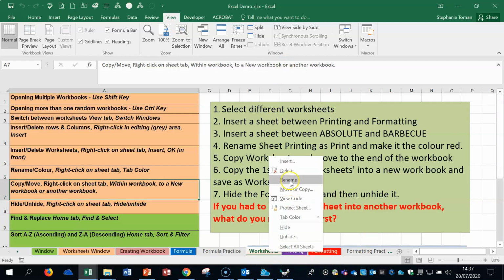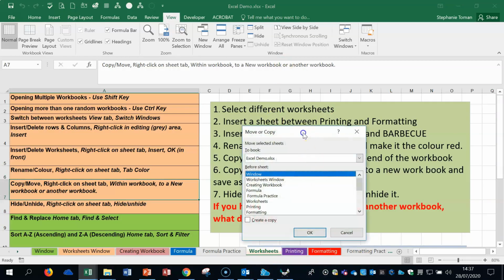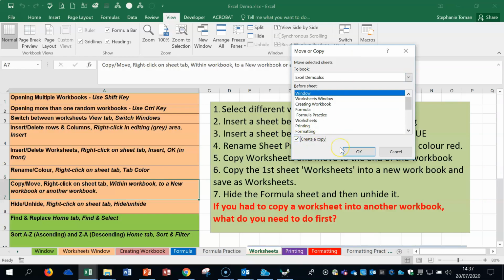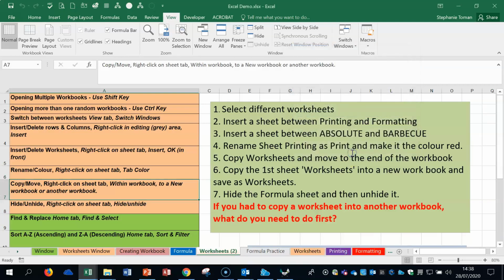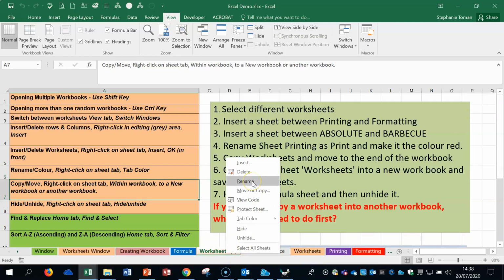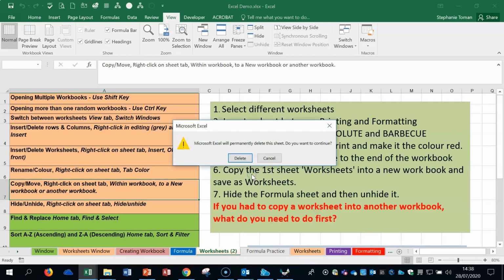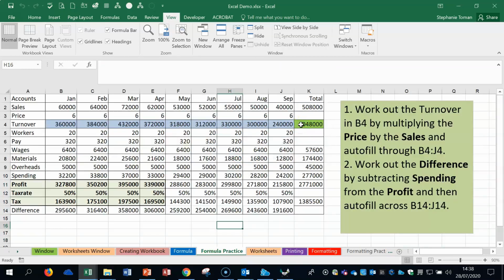If I want to do a copy, I can use the same feature and click on create copy, and then I could create a copy again in front of the formula practice. Now we've got 2. Notice how it has the number 2 on it. So no worksheet can have the same name. So I'll put in a 2, 3, 4,